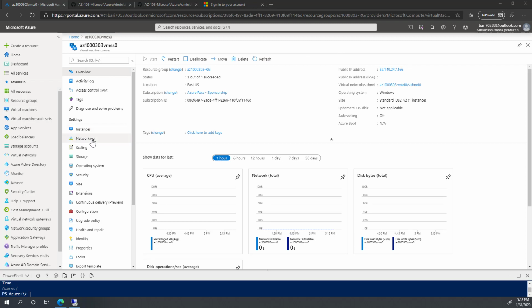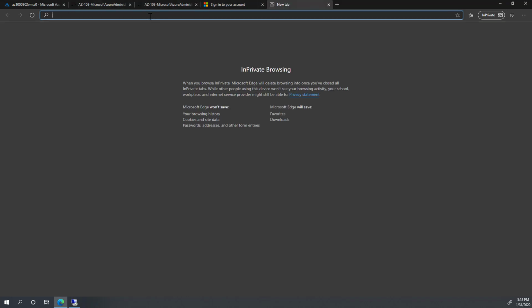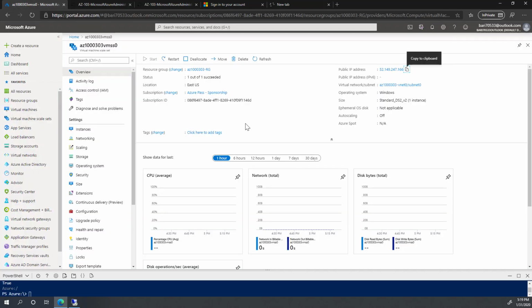As I had allowed port 80 access, but if I try to access it, it won't work. Why? Because I have simply installed the operating system, but I have not configured the installation of IIS. So let's install the IIS without going into the system. It will not work, definitely. So let's go to the tab here, go to extensions here,